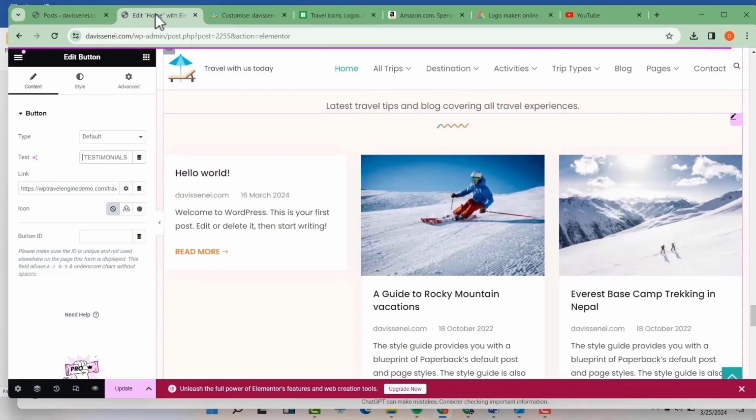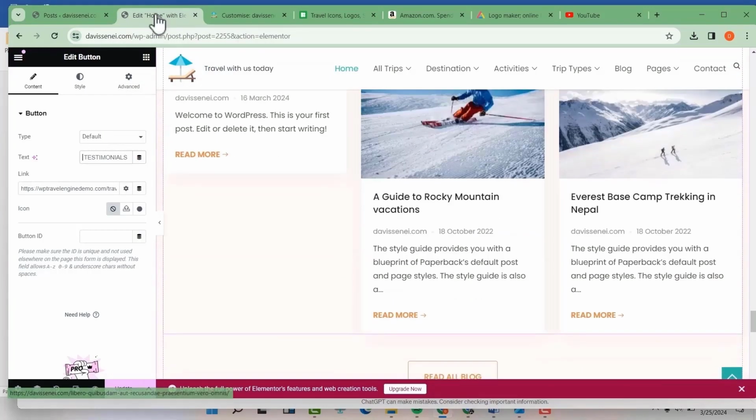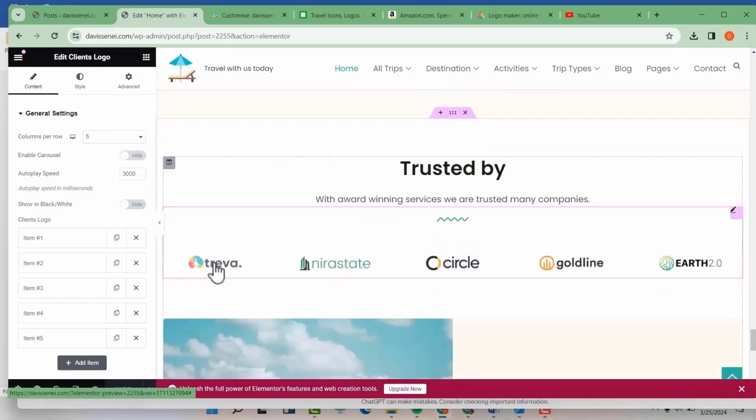So when we refresh this, it will be gone. This Hello World will be gone. So we'll be displaying your blogs at the home page here. To change these logos so that you can add the ones that you have partnered with, you can just click